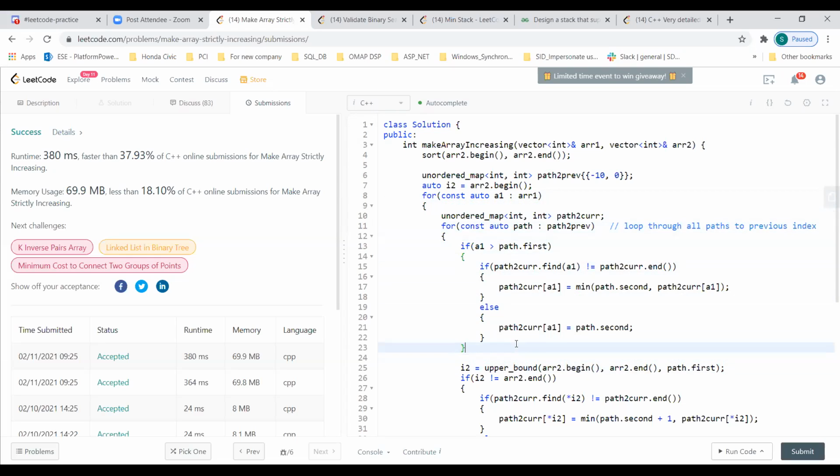But when you go into this for loop, you will have many combinations in path to cur or path to prev, right? For the zeroth index we will have two paths, for the first index two paths, and for the second it's coming out to be 2, 2, 4, 8, something like that.